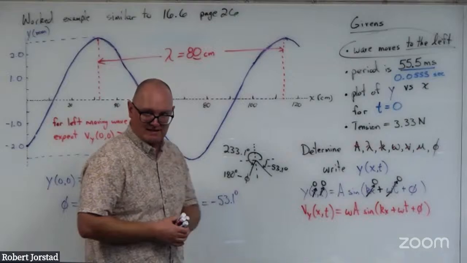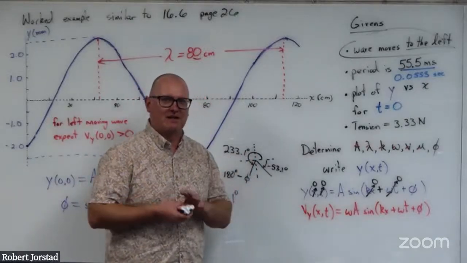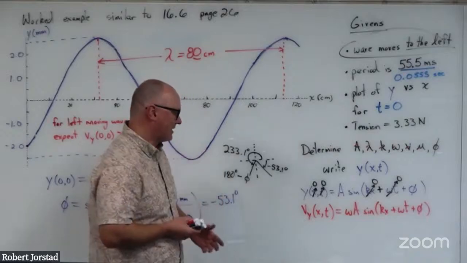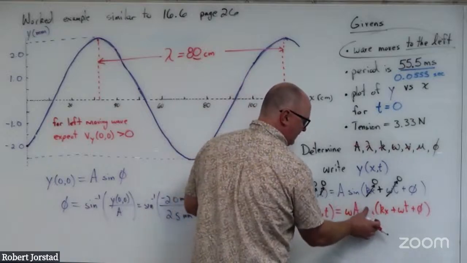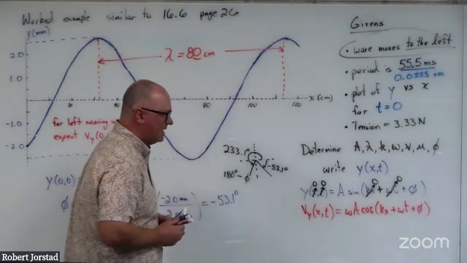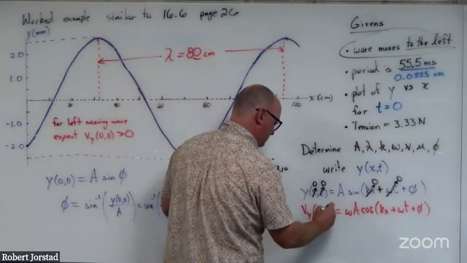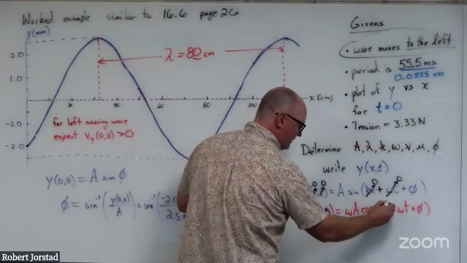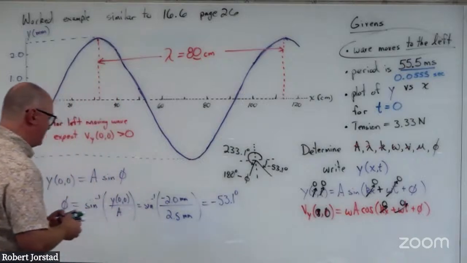Basically, watch your signs like a hawk. Whenever you're getting phase angles, please take an extra second to watch your signs. All right, and this would be a cosine function, wouldn't it? Taking the derivative of sine gives you cosine. So now if we set this to 0 and this to 0, that would set this to 0 and this to 0, right? And so we get Vy